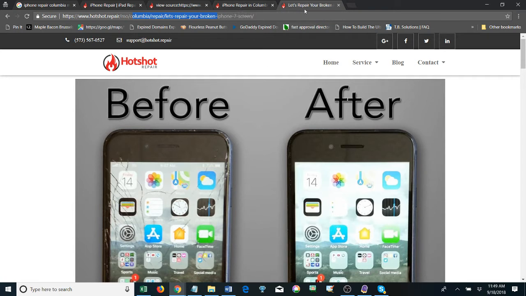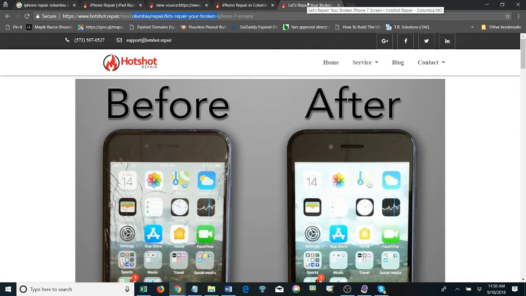Also, something else that's going to kind of trip you up here is if you take a look at your title tag, you also have Columbia Mo in your title. So the first thing I would do to fix this is I would keep Let's Repair Your Broken iPhone 7 Screen, Hotshot Repair.